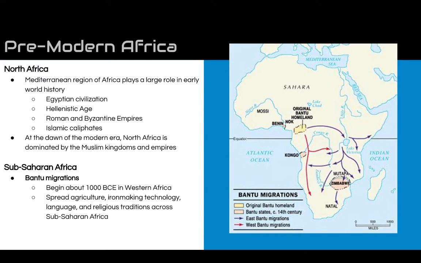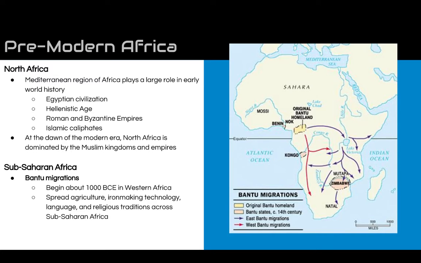In sub-Saharan Africa, though, we see something different taking place. And we're going to go way back for this, back to about 1000 BCE. A series of migrations start, most likely because of environmental pressures or perhaps over-farming or changes in climate that lead a group of people known as the Bantu to leave their homeland in what is now pretty much present-day Nigeria and begin migrating throughout sub-Saharan Africa. This is done in waves. It's not done all at once, and it's done over about 2,000 years plus.